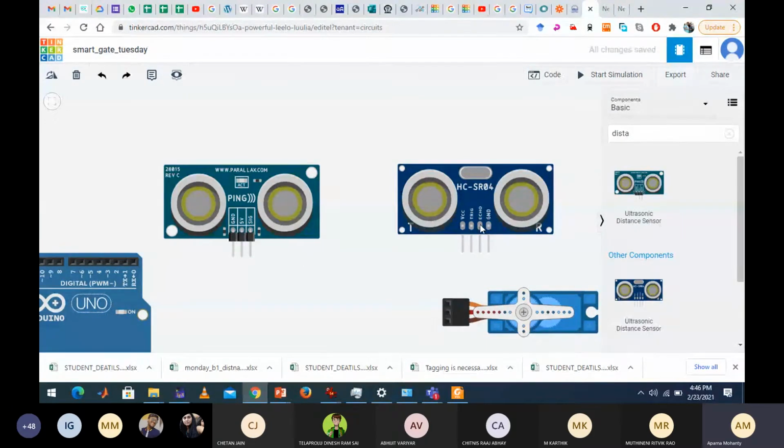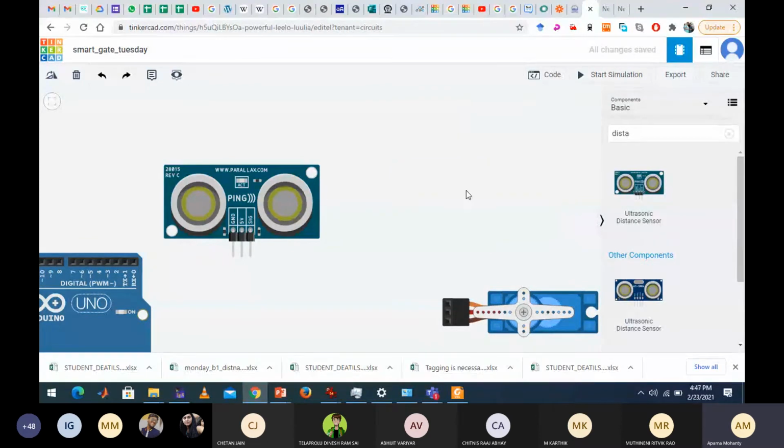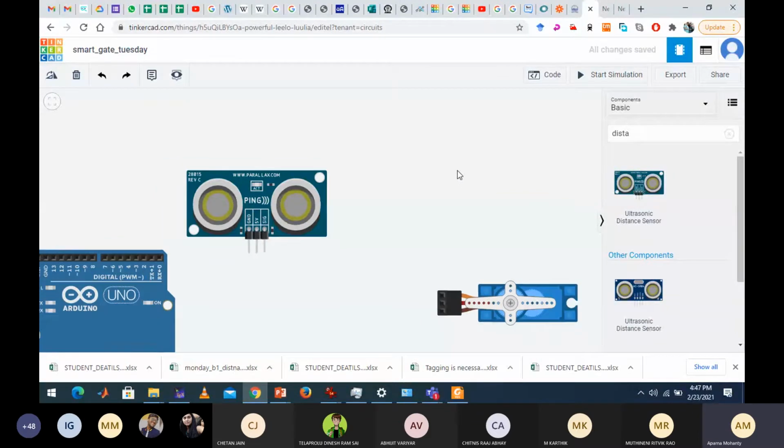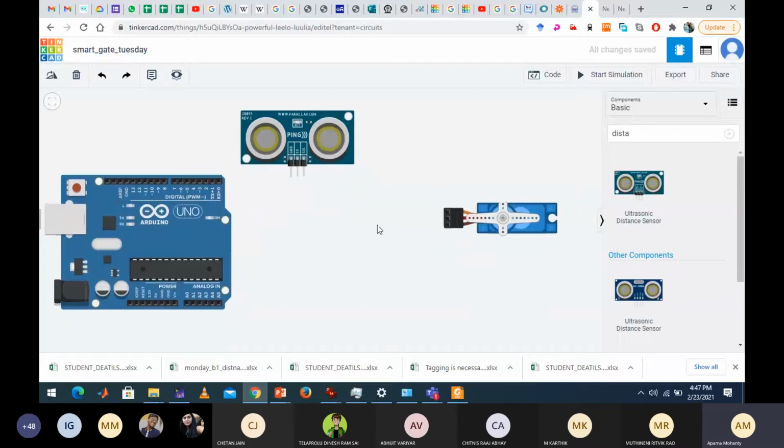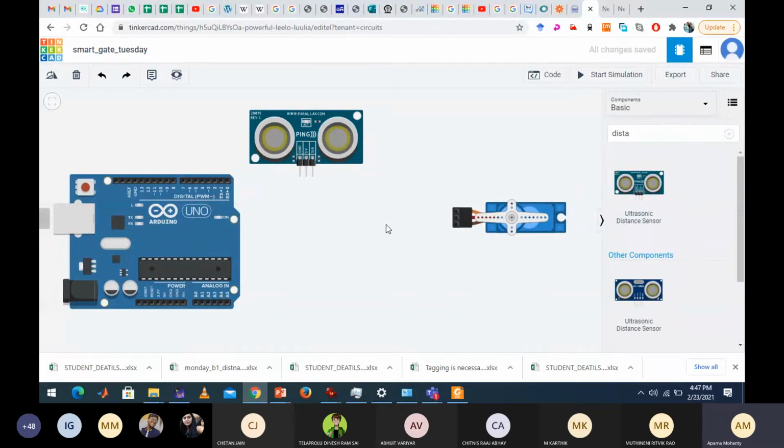So what happens here is, in this 3 port case, the signal one you can connect to the digital pin of the Arduino. In this 4 terminal case, the other two, trigger and echo, both of them you can connect to the digital pin here. That's the only difference. So we will be just using this 3 terminal one. I'm just deleting this and coming out so that it is visible. Okay, all our devices are now connected.